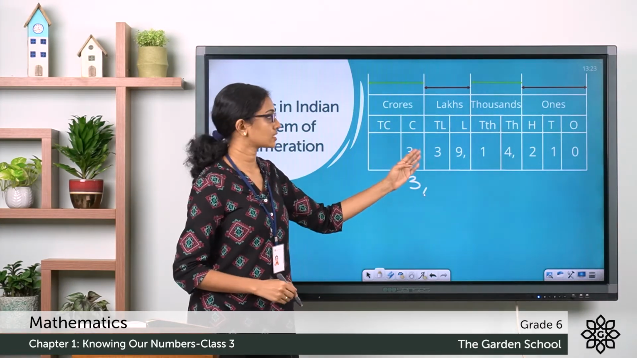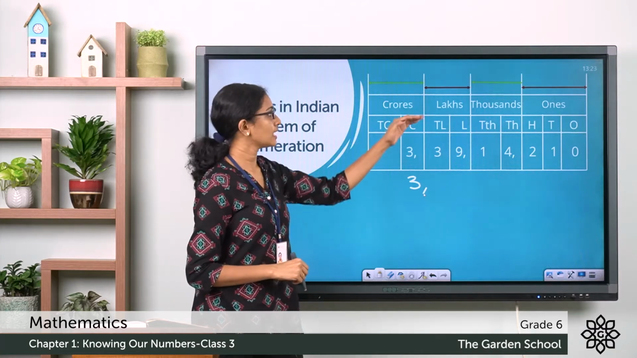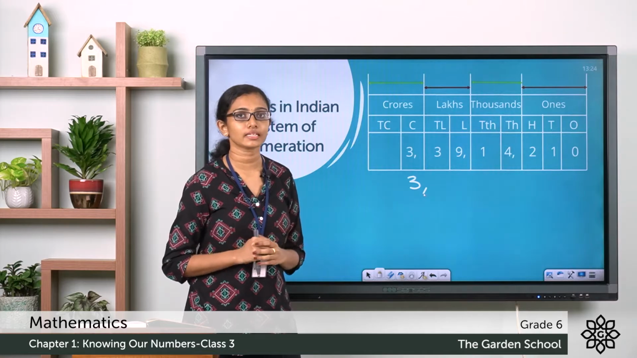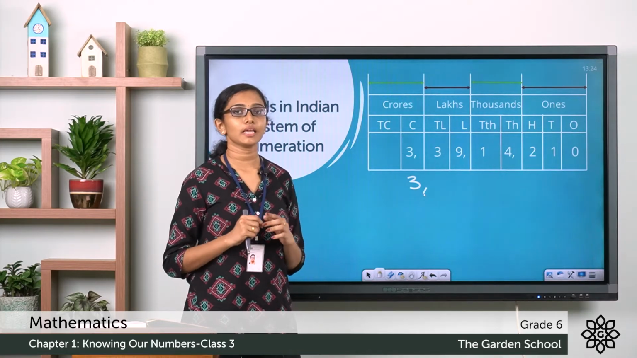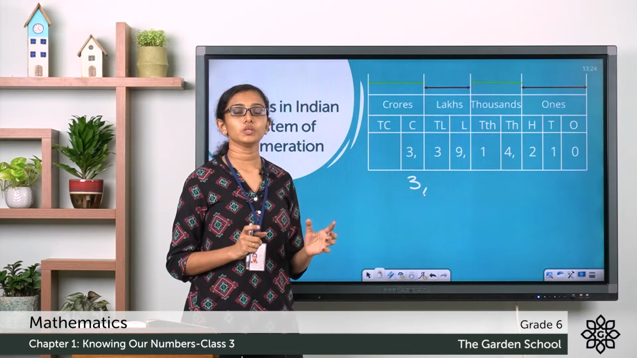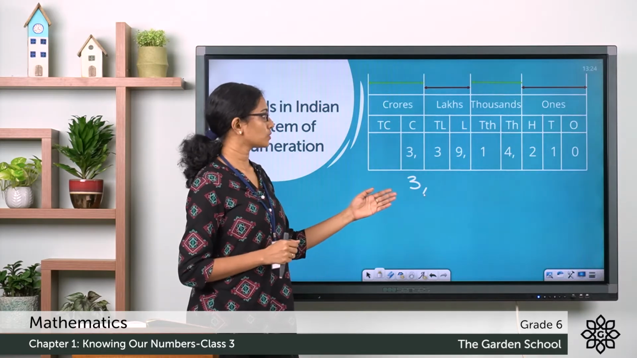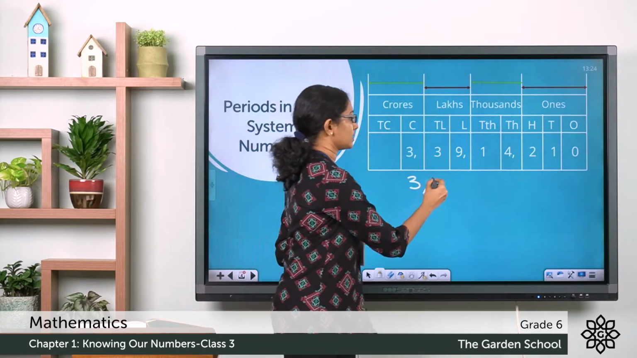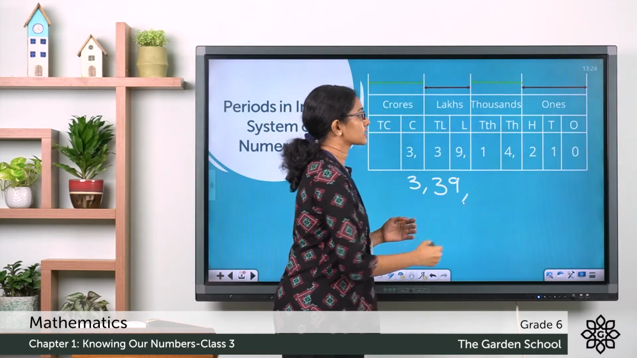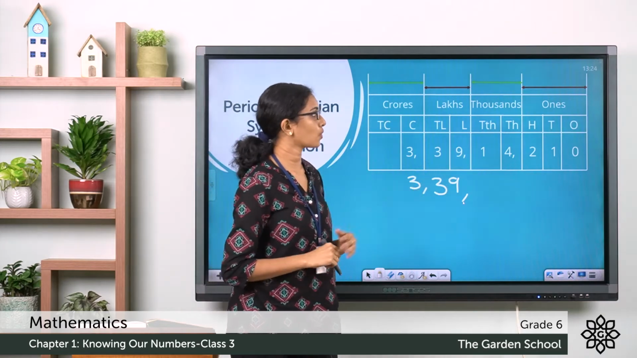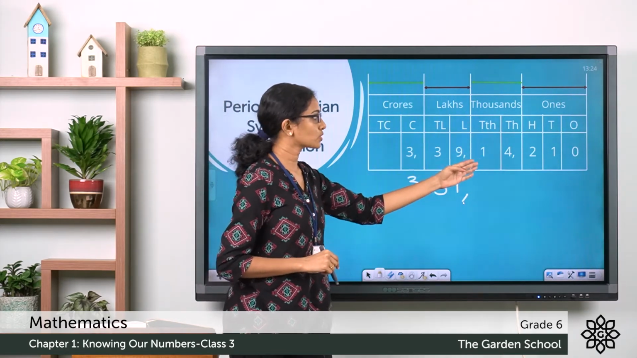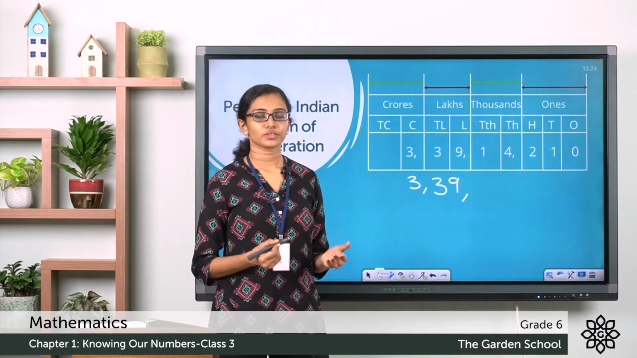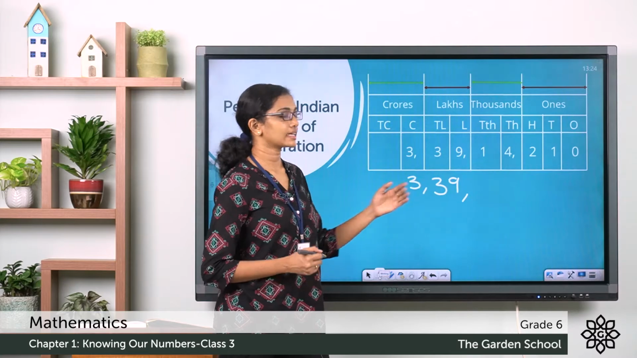Then the digits 3 and 9 come under the lakhs period. So these 2 digits 3 and 9 will be read together as 39 and the name of the period, that is lakh, will be read alongside. So this will be 3 crore 39 lakh. Let's see the rest. Now the digits 1 and 4 come under the thousands period. So this will be read together as 14,000. So this will be 3 crore 39 lakh